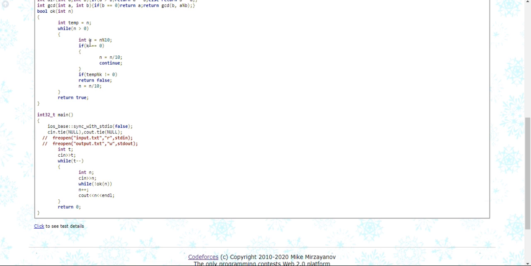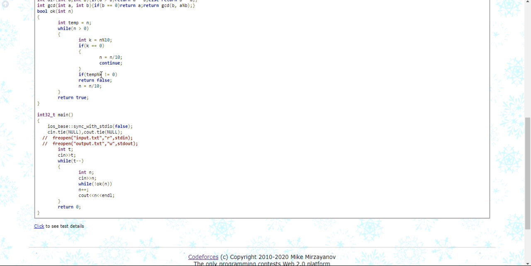While n is greater than 0, let's take the last digit of n; in every loop k is one of the digits of n. So if k equals 0, we'll just divide n by 10 so that we can get the next digit in the next iteration. Otherwise we will see whether